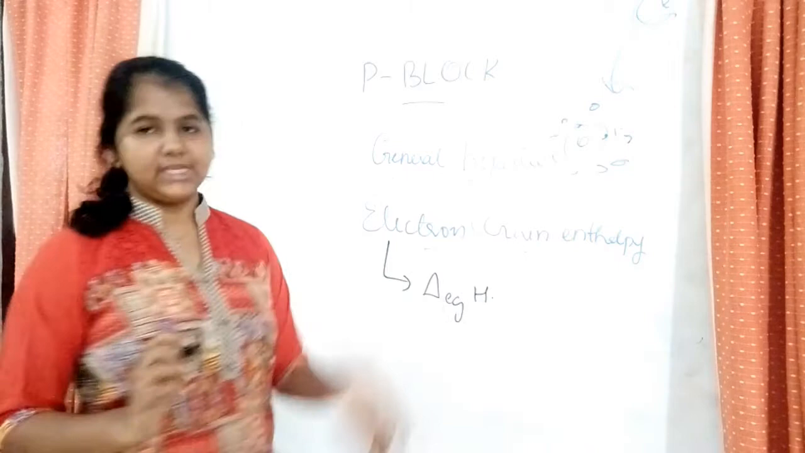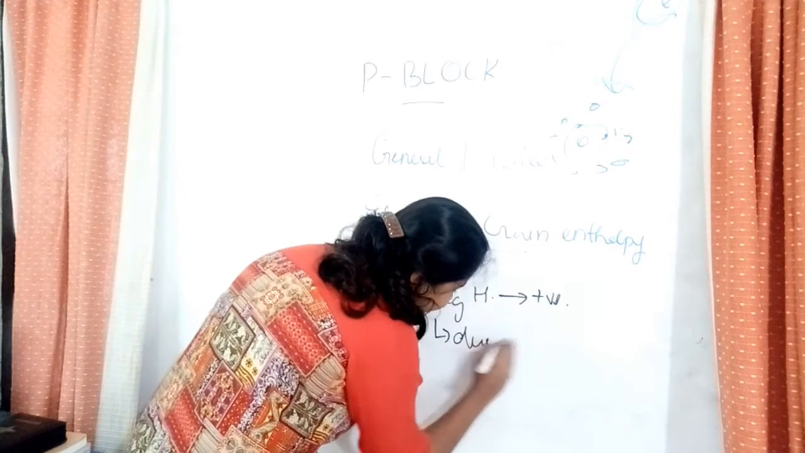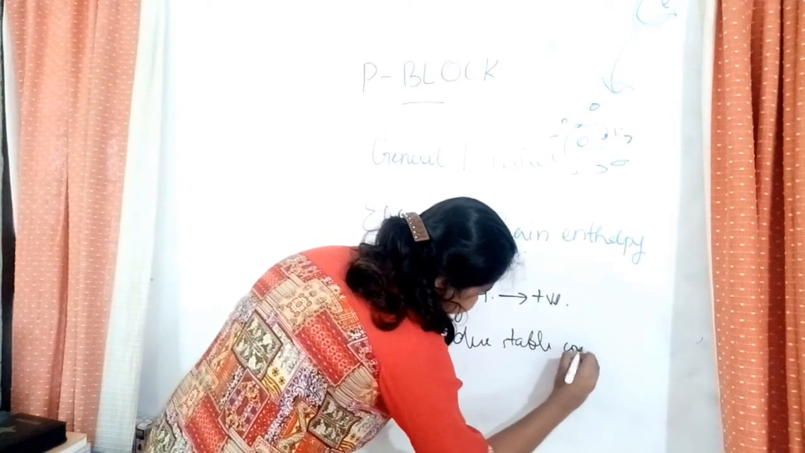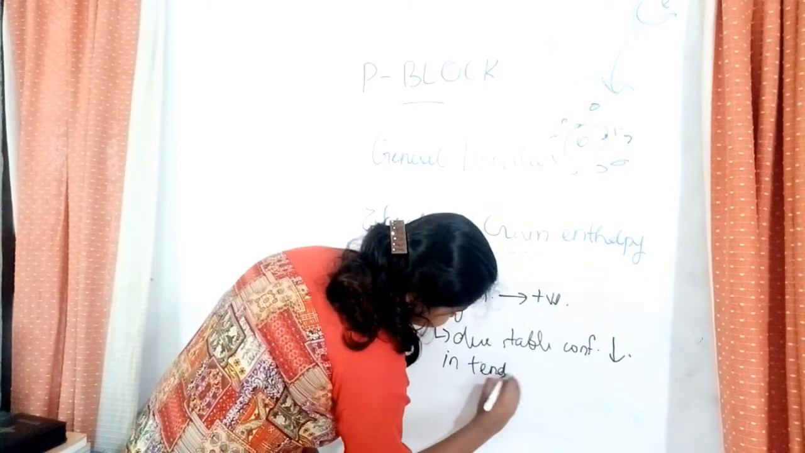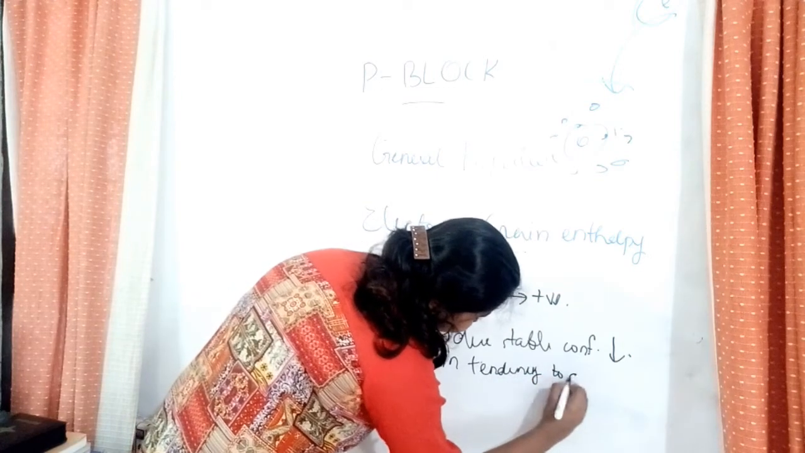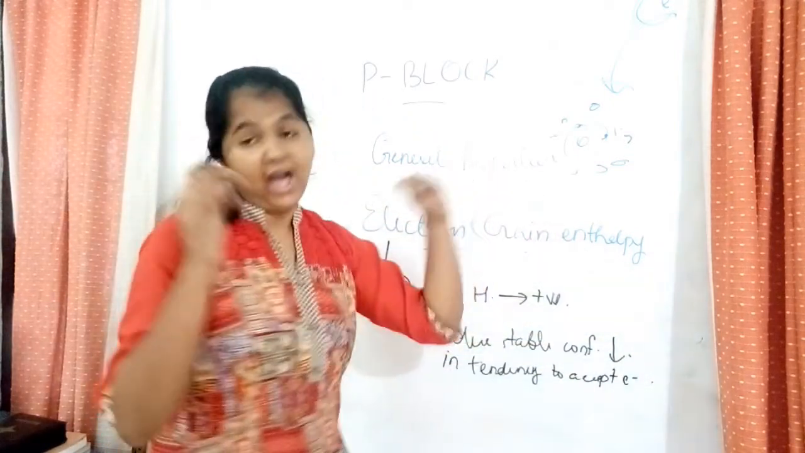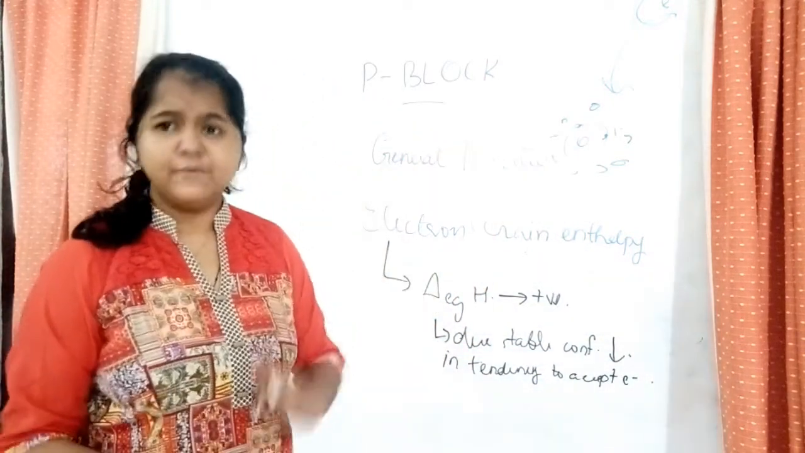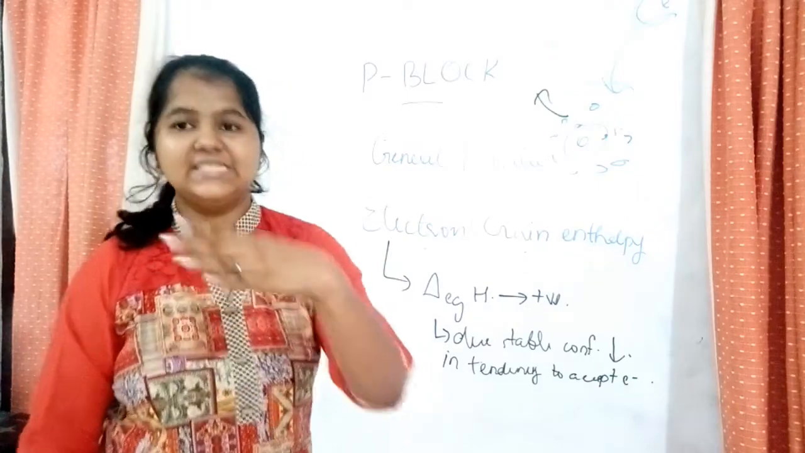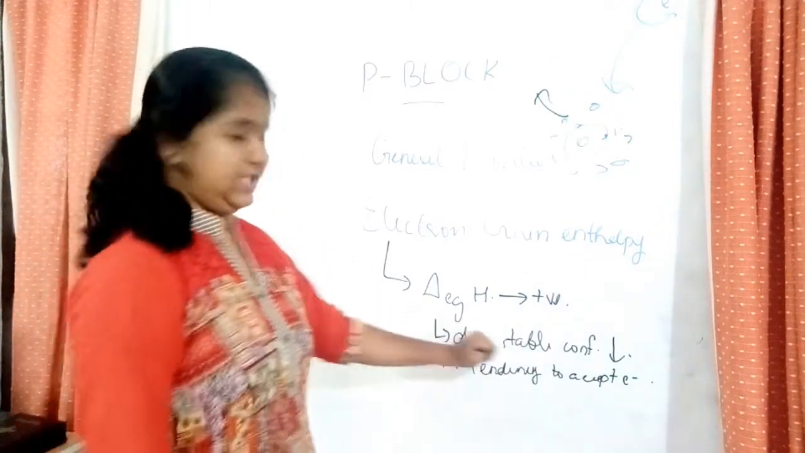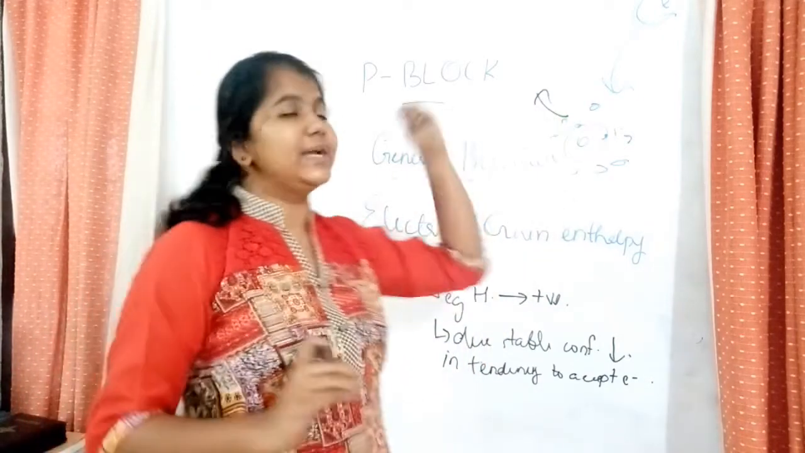And the delta EGH value is positive. Why is it positive? Due to the stable configuration, there is a decrease in the tendency to accept electrons. Am I right? If you have to add an electron, they won't accept. They would have to move to a higher energy level, and hence there is energy released. They won't allow any acceptance, but if they have to accept an electron,